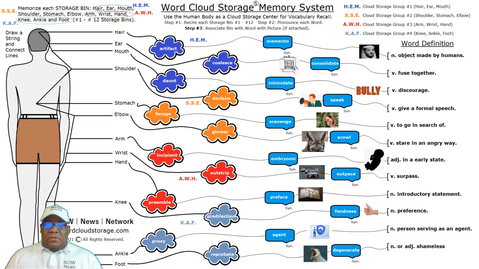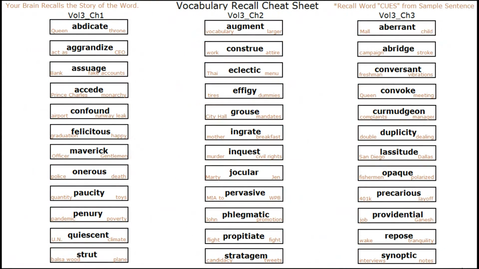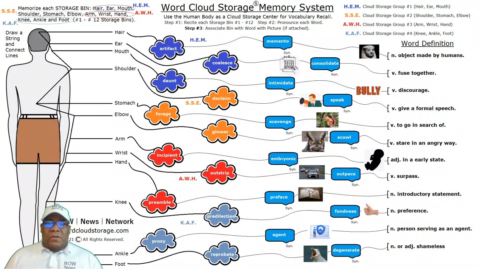And it also helps that you actually prepare a vocabulary recall cheat sheet, which has 2 keywords, and then you have that word in the center of the rectangle, and you can quickly go over these, and that will allow your brain to recall the story of the word, which we always emphasize in our lessons. All right, so incipient,